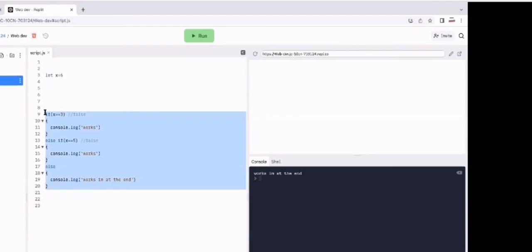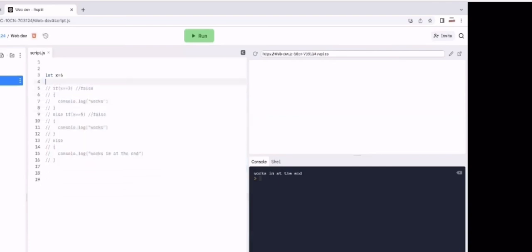I'm going to comment this out, command /. And with the for loop, the keyword is for. So we just write for. And then we put brackets again, like the if statement. And we always start with i is equal to 0. So i is a variable. We're just defining a variable here, except in a for loop, you don't have to put let. So we just say i is equal to 0. Then we put a semicolon right here, which signifies that that line is ending. Then we put i